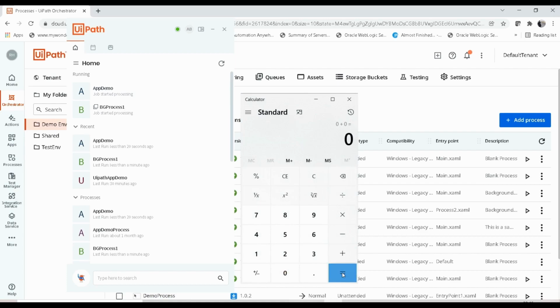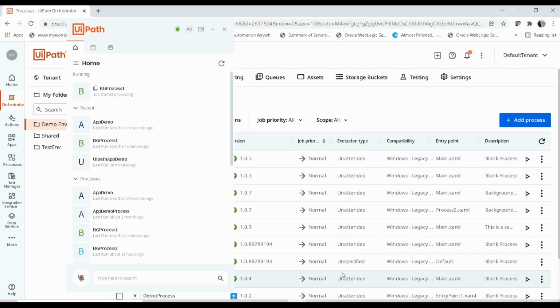Okay, so you can use the use foreground activity to make some part of your automation or your workflow a foreground process. And once the activities inside the use foreground got executed, again the workflow will go back to the background process.